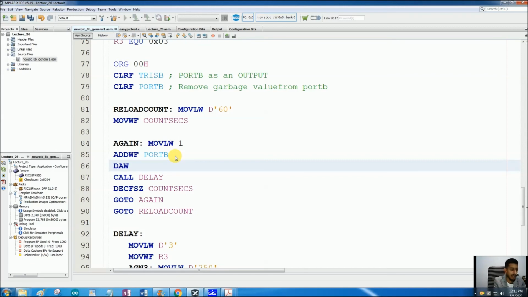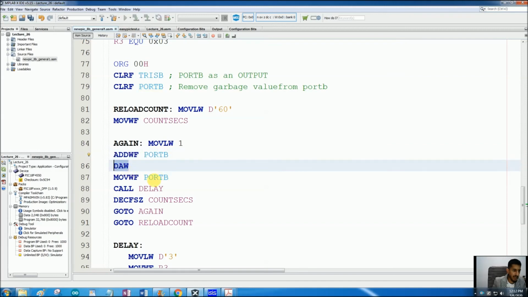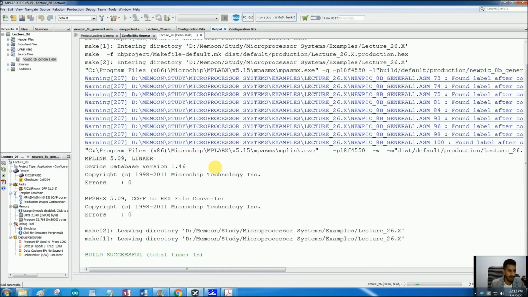So now the working register has the value of incremented port B. All we want to do is move W to F, back to port B. What these 4 lines will do is add 1 to port B, decimal adjust it in the working register and move it back to port B. I think this will serve the purpose.